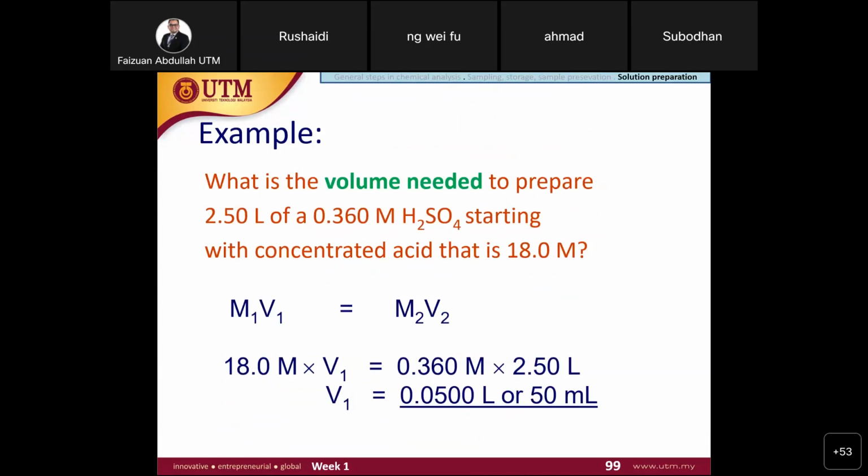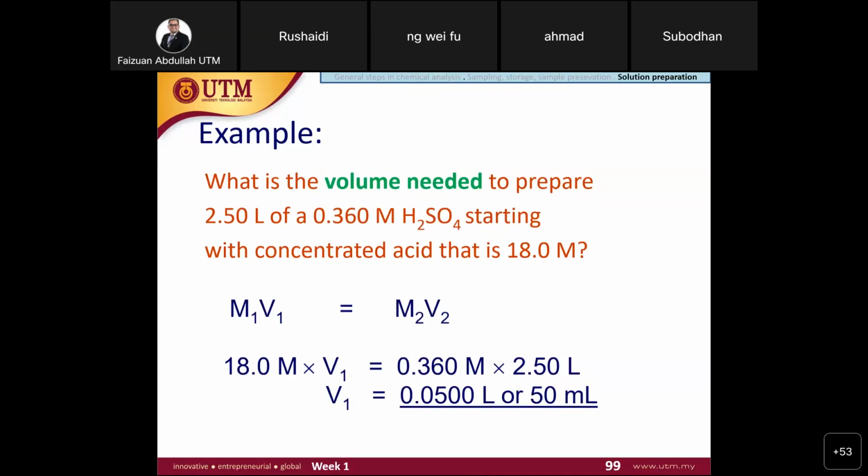What is the volume needed to prepare 2.5 liter of 0.36 molar of sulfuric acid, starting with concentrated acid that is 18 molar? So M1 V1 equals M2 V2. So we have M1 18 molar. We don't know how much to take for V1, and then we know that we need to prepare 0.36 molar